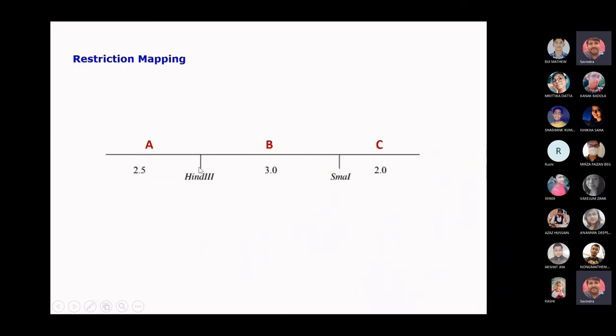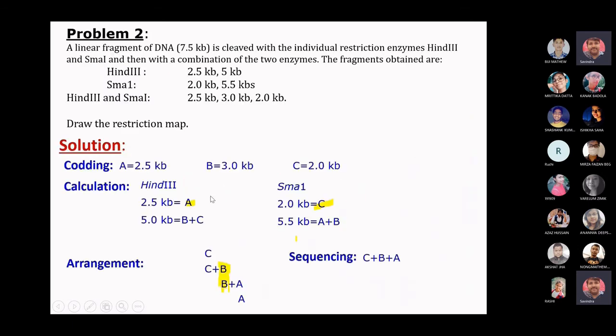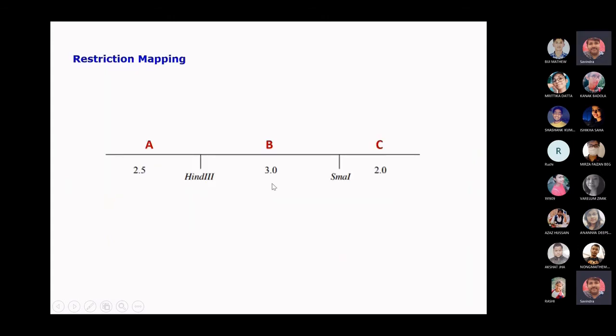And then we have to mark, after 2.5 centimeter and after 3 centimeter, two restriction sites. And finally, we have to give names to those sites. So from where will we get this 5 kb, B and C? So Hind III will give us a fragment of 5 kb. In this case, if we mark Hind III here, what will be the two fragments? 5.5 and 2, which is incorrect. So Hind III must be here and the small one must be here.